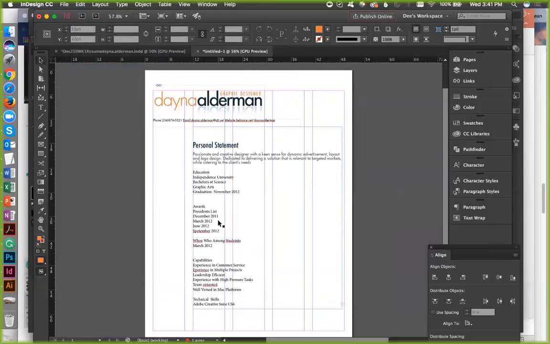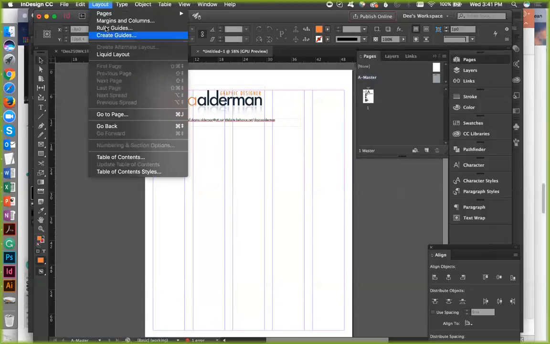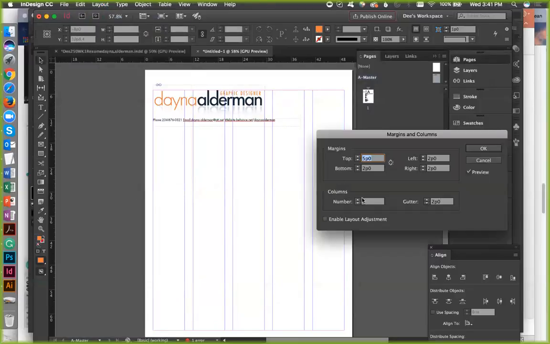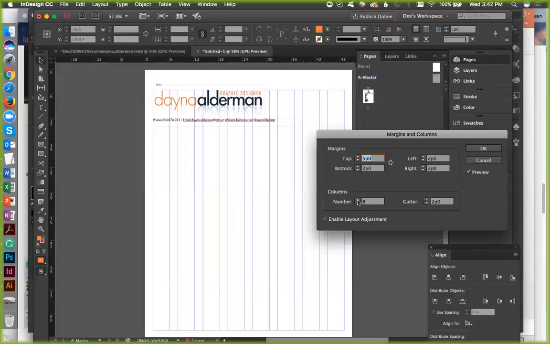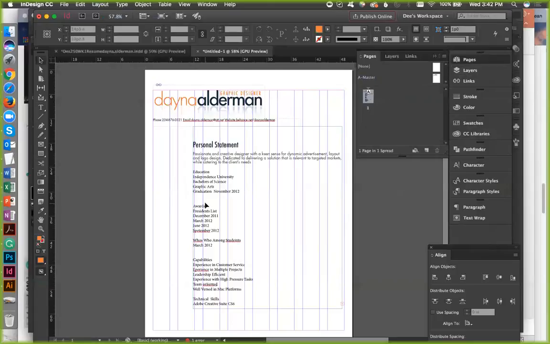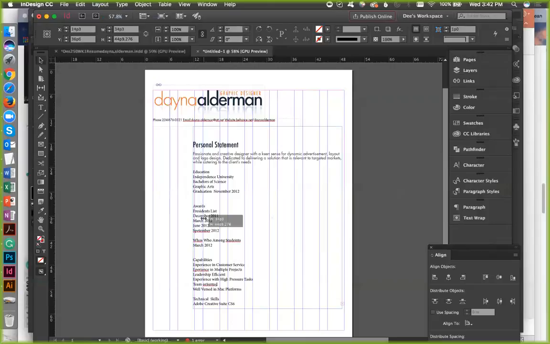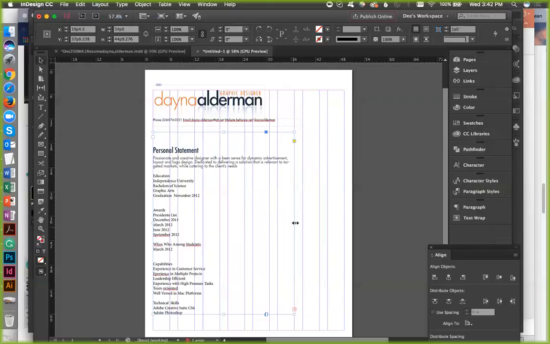But I don't want this on all pages. So I'm just kind of playing with this. I'll go back on my pages, and I need to lay out margins and columns. Try 8. Yep, I think 8 will work. And the reason why I'm changing is because there's certain things I'm going to do here, and I don't have the room. I don't have everything where I want it, where I need it to be right at the moment.